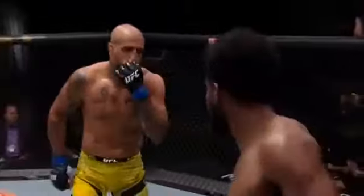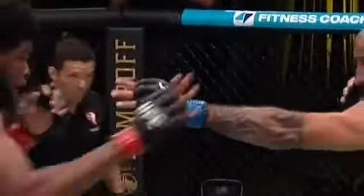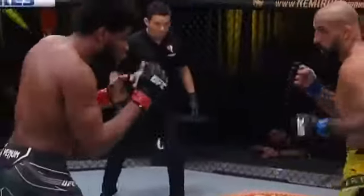Marques still pressuring, still looking for that lead leg. Presses him against the fence. Nzechukwu hit to it that time. And Kennedy's doing a good job of not letting him get to the leg. But if you're Danilo, you got to throw punches in order to get his hands up before you can level change. And I think for Kennedy, even if he just pumps up some knees up the middle, like right there,